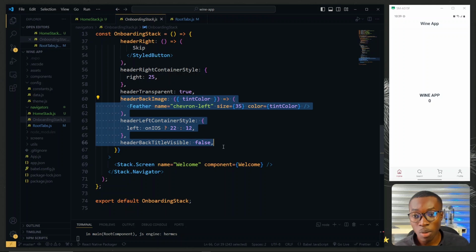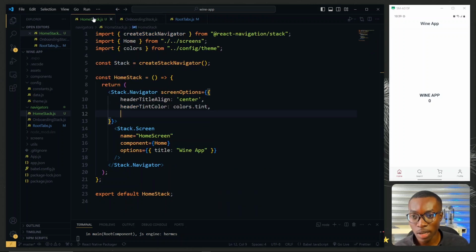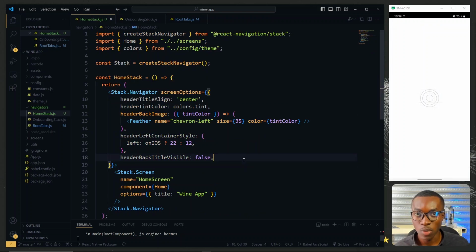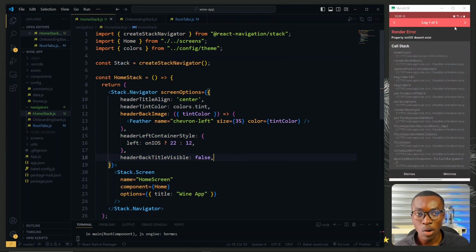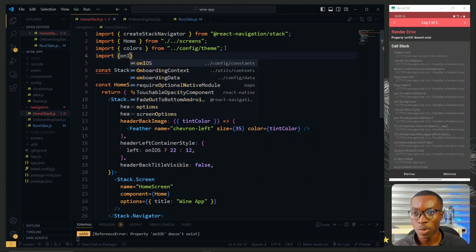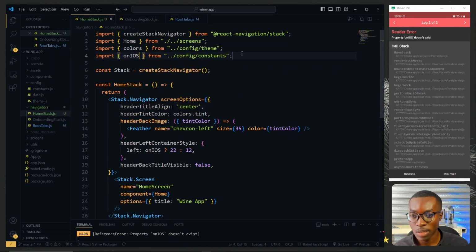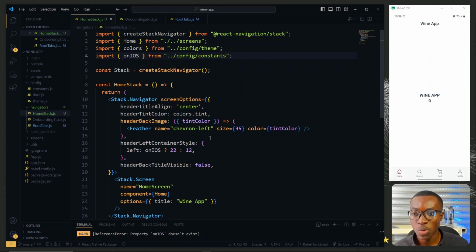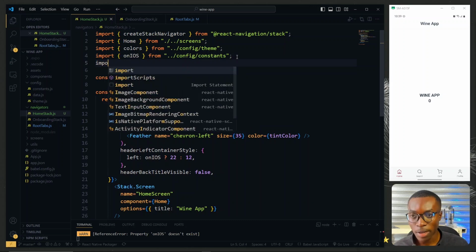So we copy these three properties, and then we go back to the home stack, and then we paste them here like so. Now on iOS cannot be found, so we import it from our constants. So we import on iOS from our constants like so. And also the feather icon here is not available, so we import feather